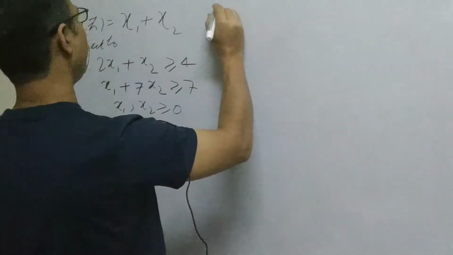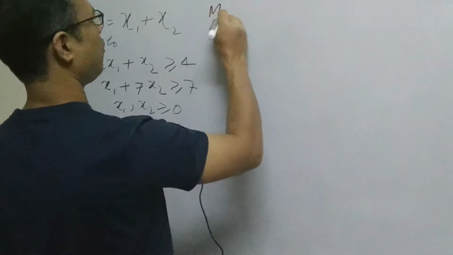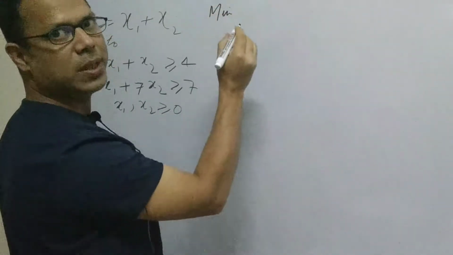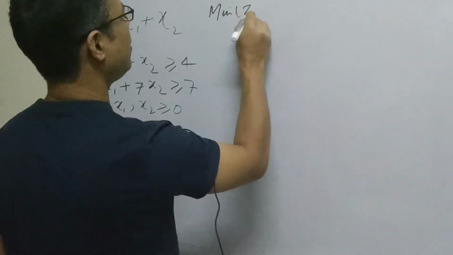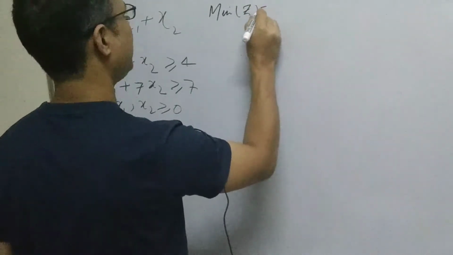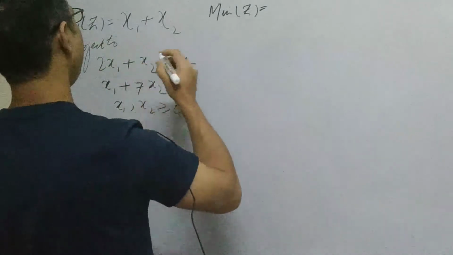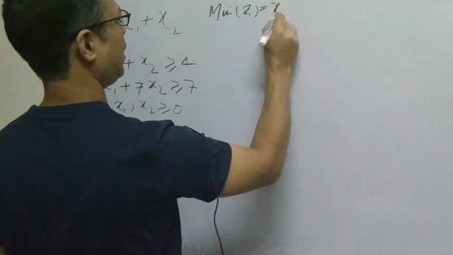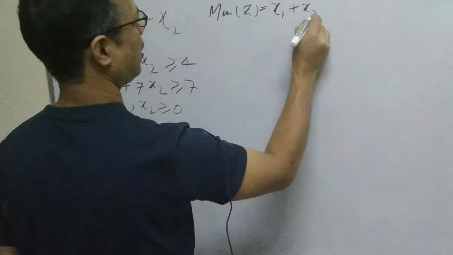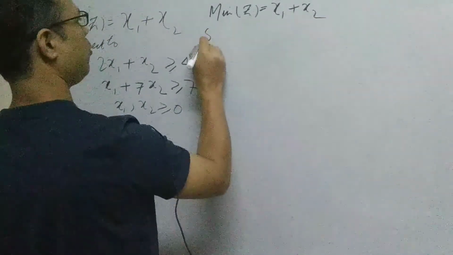First simply write the minimization in minimization form, no need to change. Later on we'll see how to write the minimization form as the maximization form of the objective function and proceed for the solution. Minimize z = x1 + x2 subject to